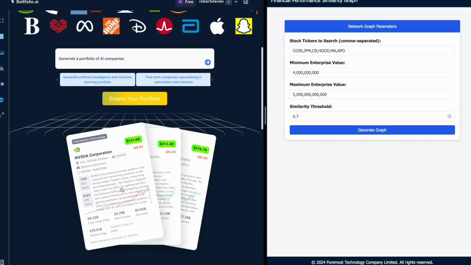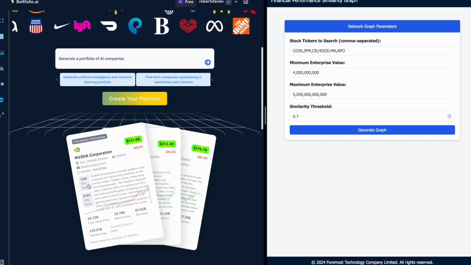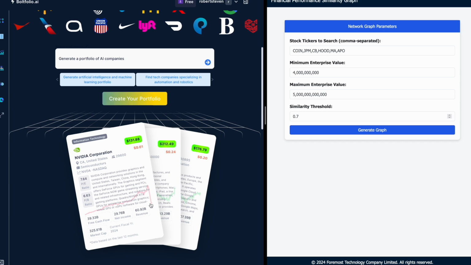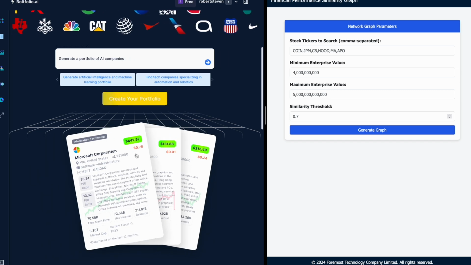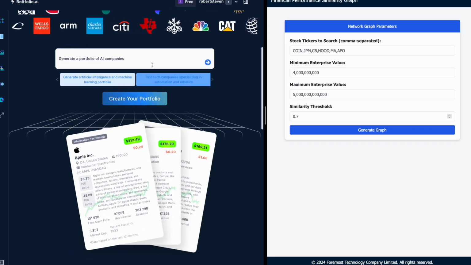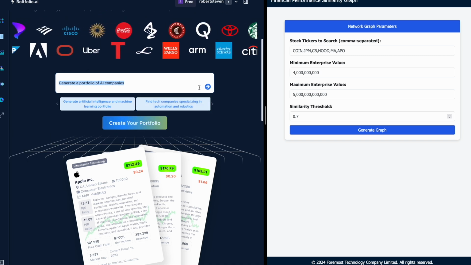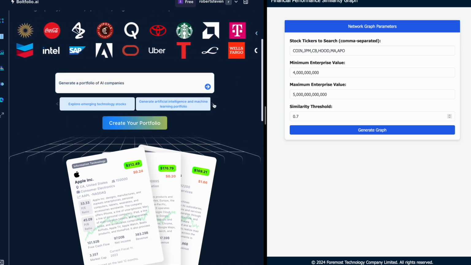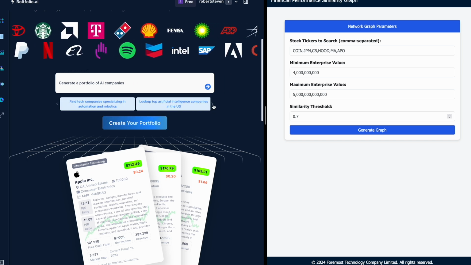And this gives you an idea of, well, there's a small bug here. No, just ignore that for now, because the version you're going to use won't have this. I haven't adjusted it for the split. But NVIDIA is obviously one of the foremost technology companies, as is Microsoft, Alphabet, and so forth, Apple as well. So when you use this kind of text box, it will actually suggest other prompts to follow up. So let's say you want to explore, let's say you want to look up,